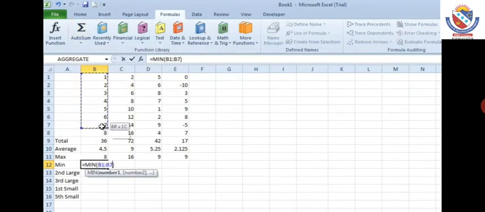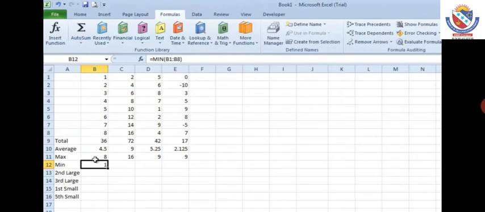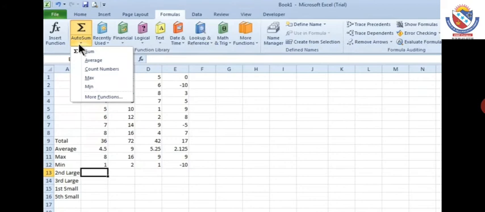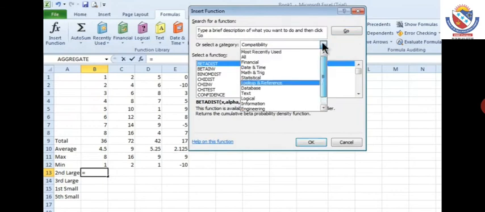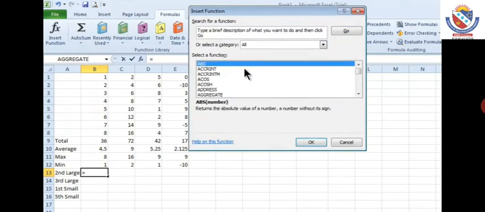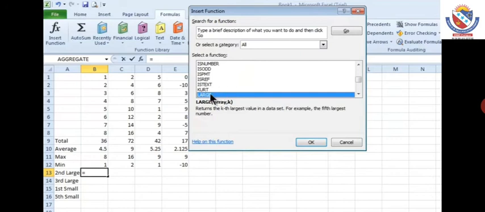Then the same for maximum and minimum. Just select the AutoSum button and it automatically selects the data and performs the particular operation. Here one more operation I perform, second largest. Second largest is a function available in Excel.